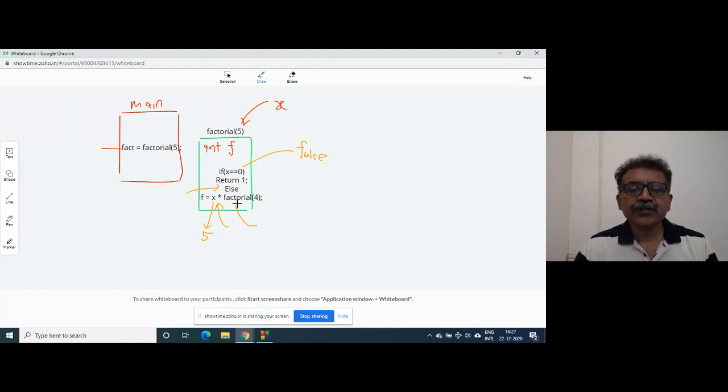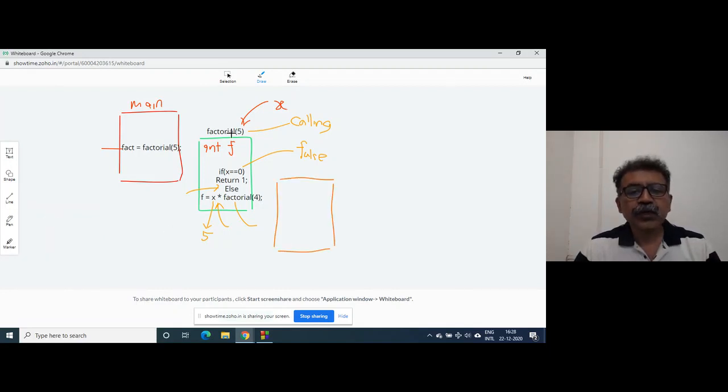Like the factorial function has been called from the main function, here factorial 5 is a calling function, and this is the called function. Factorial 4 is a called function. So one more function body is created.